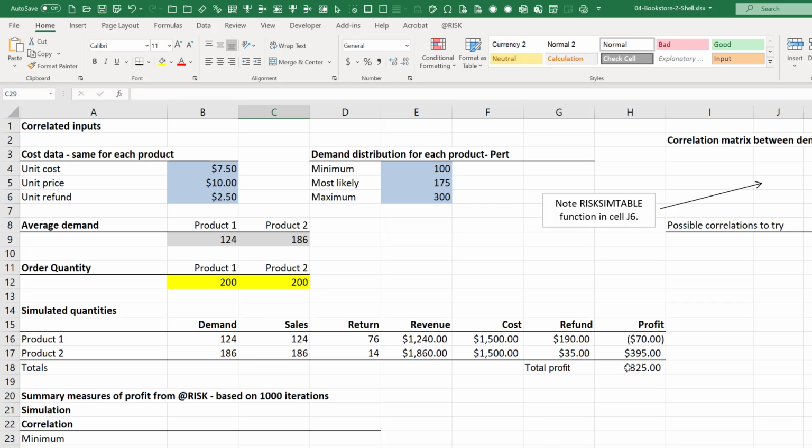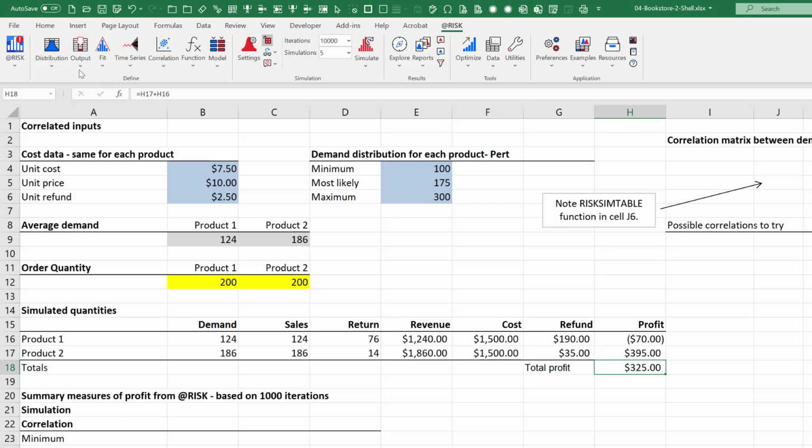So now we have probability distribution, the input here, and then the output over here. Click OK. So now if we run the simulation as it is, then the demand for these two products